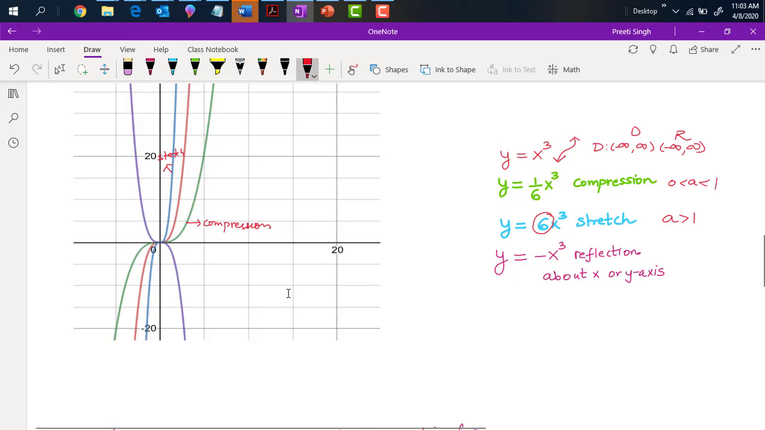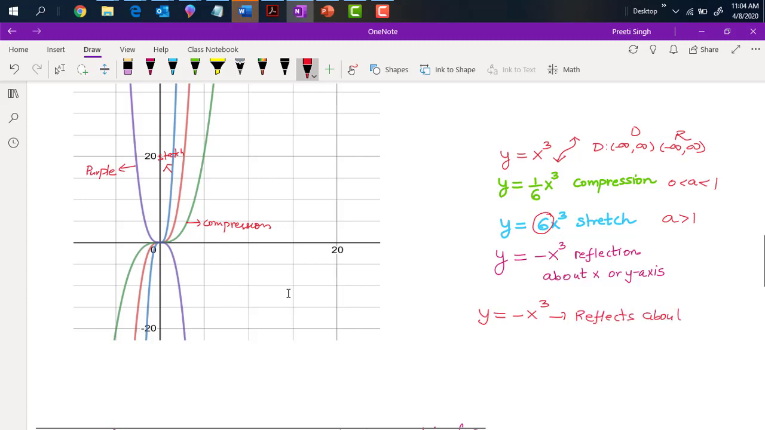The other thing is reflection. As you can see, the purple graph is the reflection of the red one. So right here, the purple. Now, reflection occurs in two ways. It could be reflection about x-axis or y-axis. If I put a negative in front of the function, now in this case, it's the same. Let's see how. If I put just a negative in front of the function, that reflects about